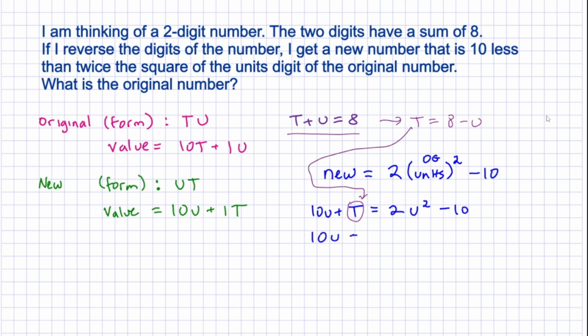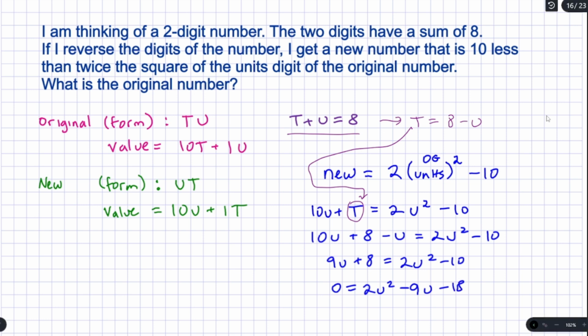10u plus 8 minus u equals 2u squared minus 10. Combining like terms, we have 9u plus 8 equals 2u squared minus 10. And now rearranging the terms in this equation so that one side equals 0, we get 0 equals 2u squared minus 9u minus 18. You have the freedom to choose whichever technique you'd like for solving this quadratic equation, but